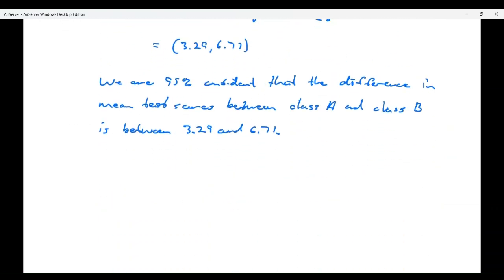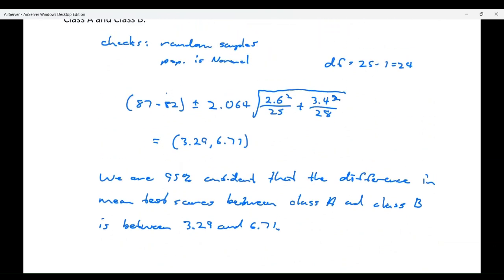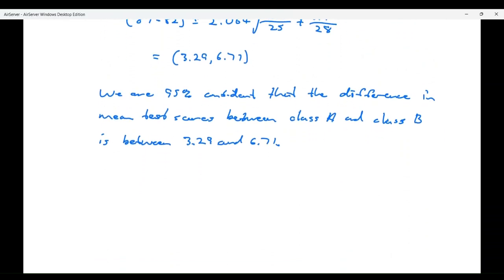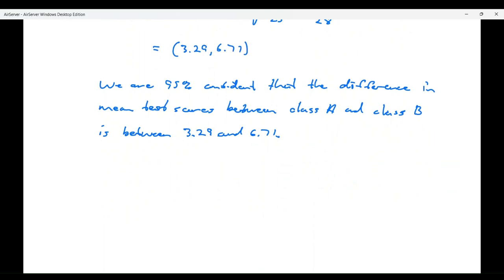And so when I look at the results and I look at that interval, because the interval is entirely positive, and we took Class A minus Class B, in order to be positive, A would have to be bigger than B. And the fact that my interval is positive tells me then that we have evidence